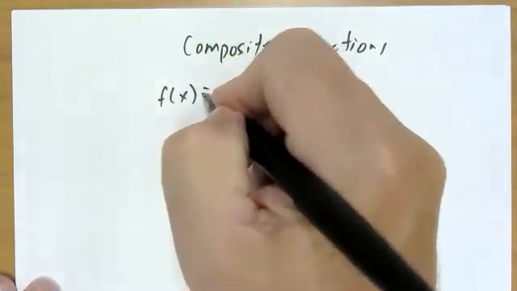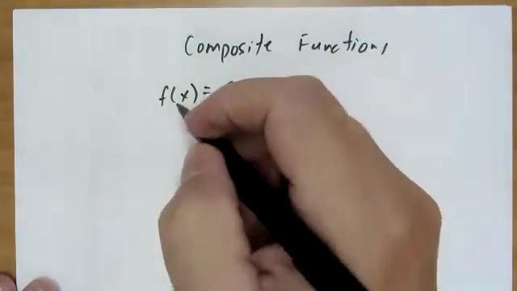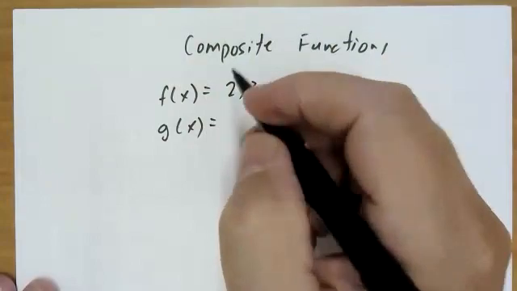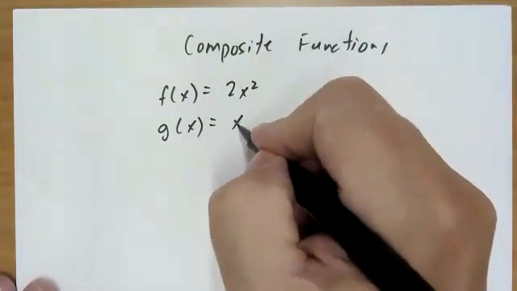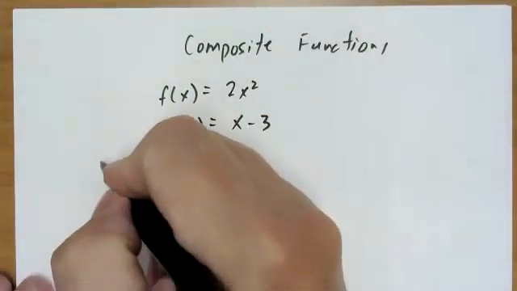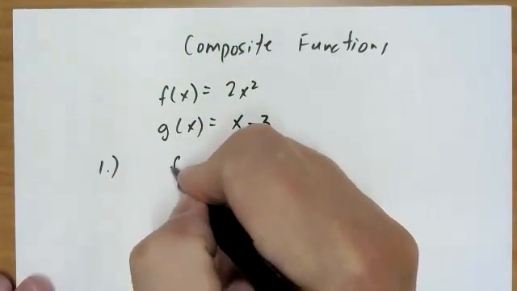So f of x is going to be 2x squared, and g of x is going to be x minus 3. And the first question they asked me, they want to determine f